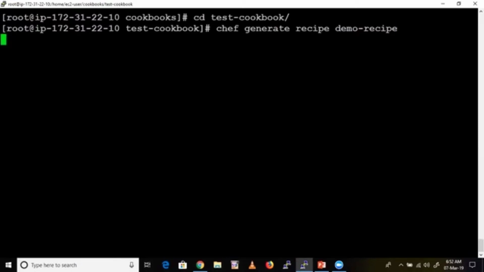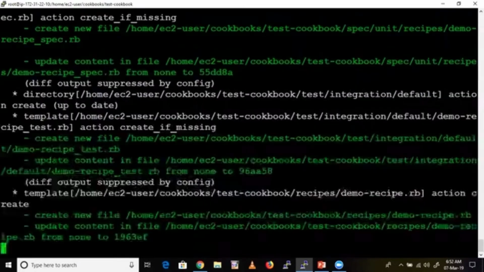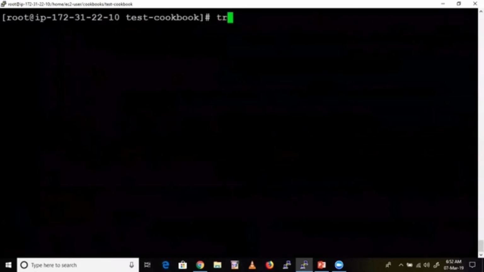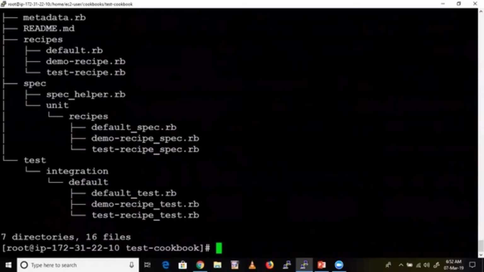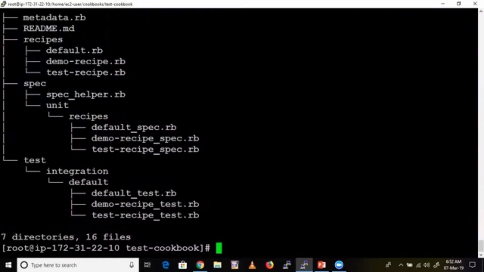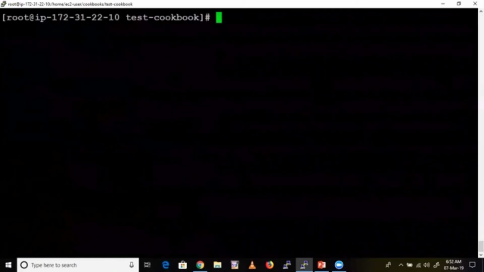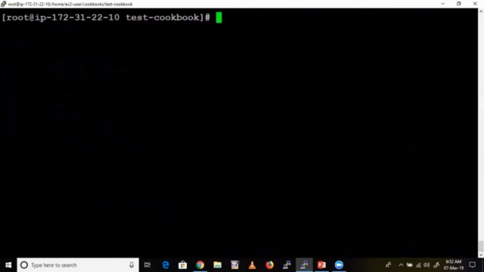Enter. Yes, we have created the recipe. Now type tree. The tree command is very helpful here. See here, that recipe got added with a default .rb extension. You understood, right? Automatically.